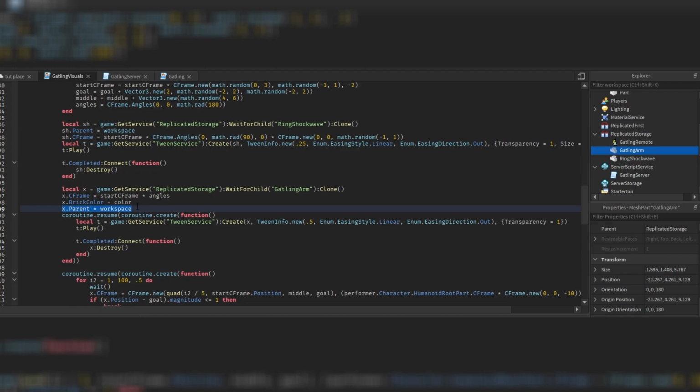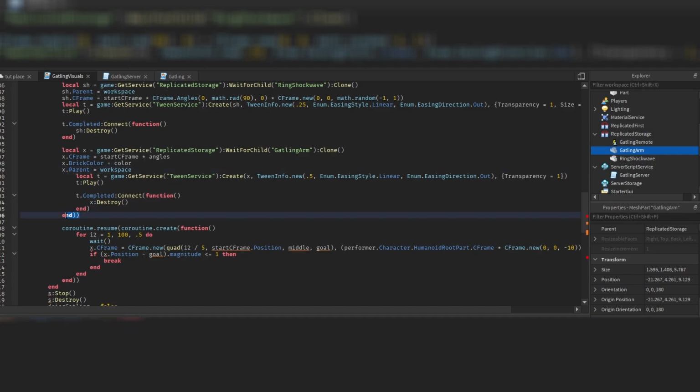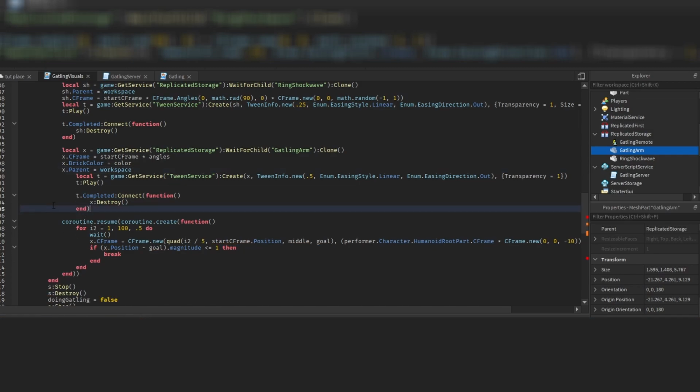This Gatling arm is being parented to the workspace, and we are creating another coroutine right here. I don't even know why we are creating a coroutine for this. We don't really need to, so we could actually delete this as well. Yeah, we could. That's no problem. And this coroutine, or former coroutine, held a tween, and this tween right here just makes sure